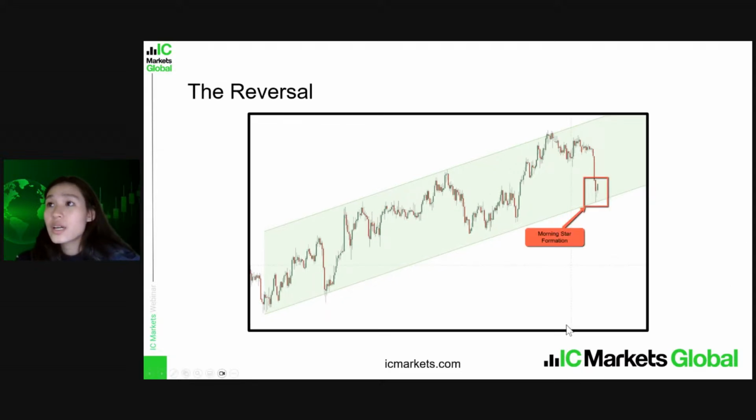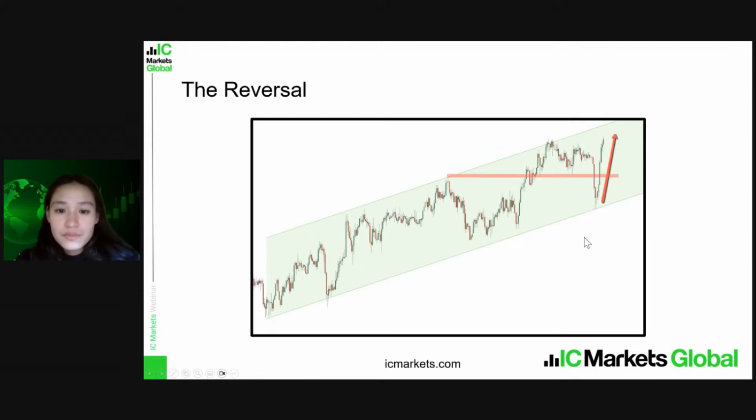Okay, so we also have a candlestick formation here. We have the morning star right over here. So because of that, we're expecting price to continue within this ascending trend channel. Next, we also have